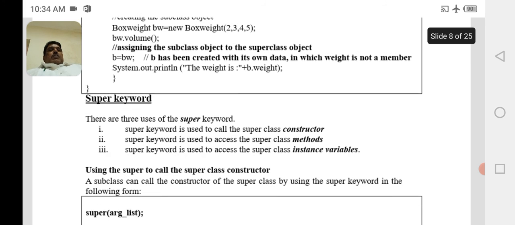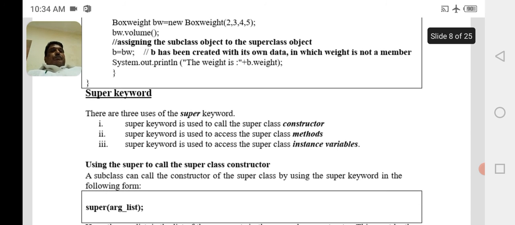We have a keyword, the super keyword, which is used to call the superclass constructor from the subclass, and which is also used to call the members present in the superclass when they have the same names in the subclasses. So superclass methods can be called if we have a superclass and subclass having the same methods.